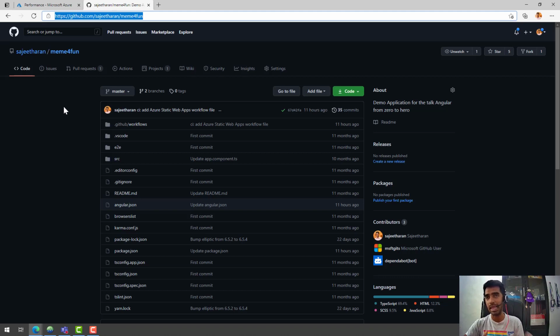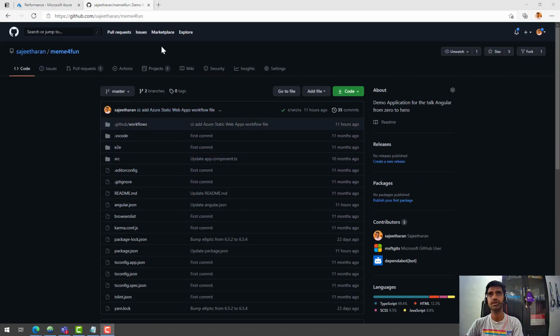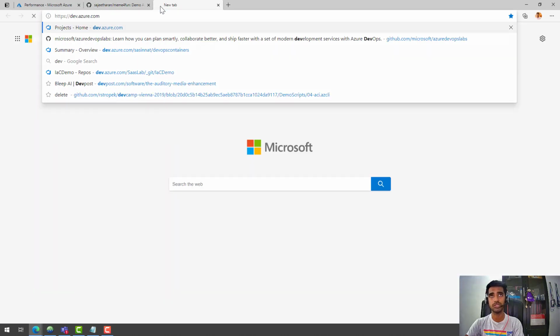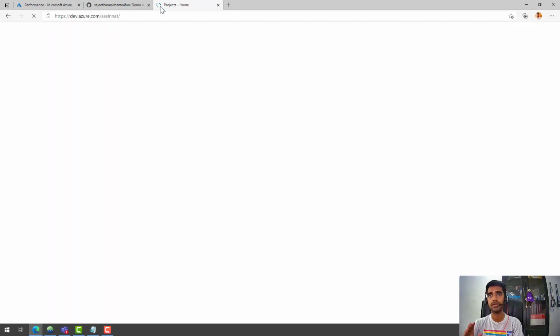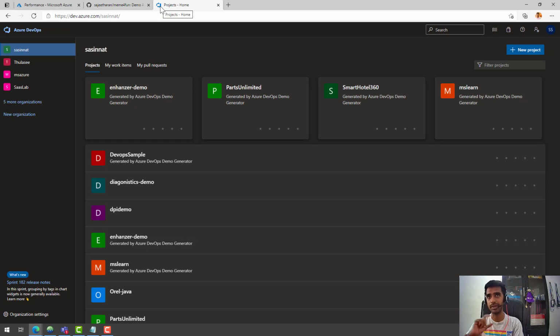So you can create any Angular application and have it in your GitHub account or any source repository that is connected to Azure DevOps. Once you do that, the next step is to create an Azure DevOps repository. You can navigate to dev.azure.com. If you don't have an account, start creating one by navigating to free account and then register using either GitHub or you can create a new Azure DevOps account.